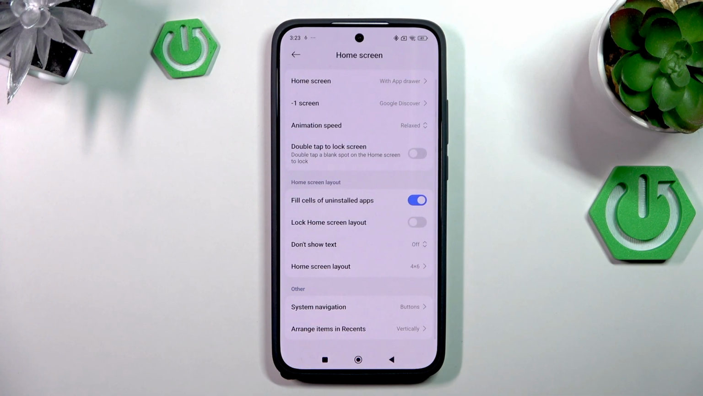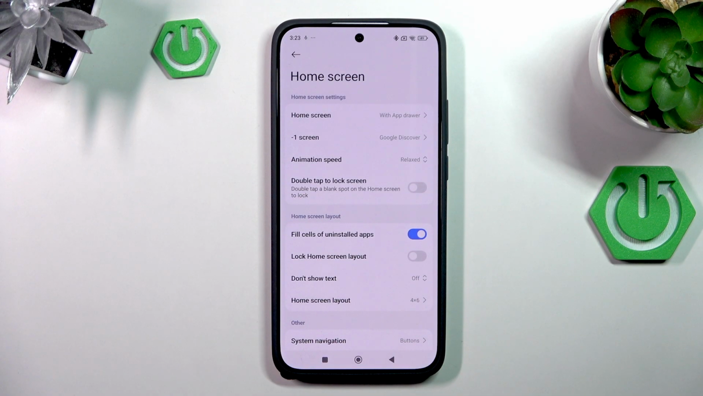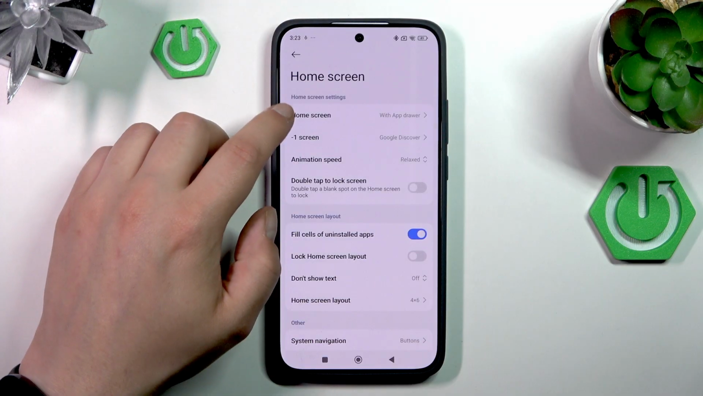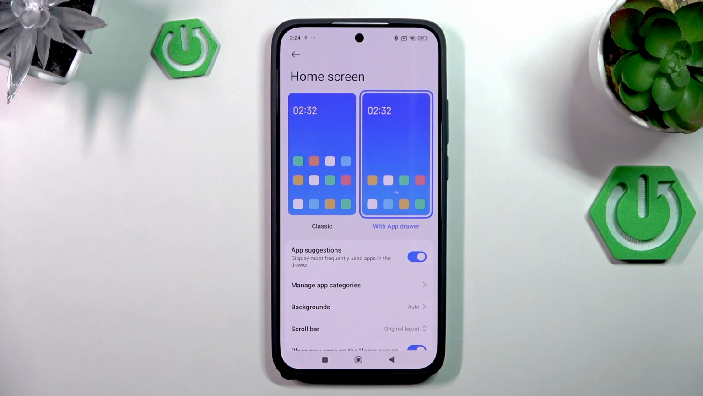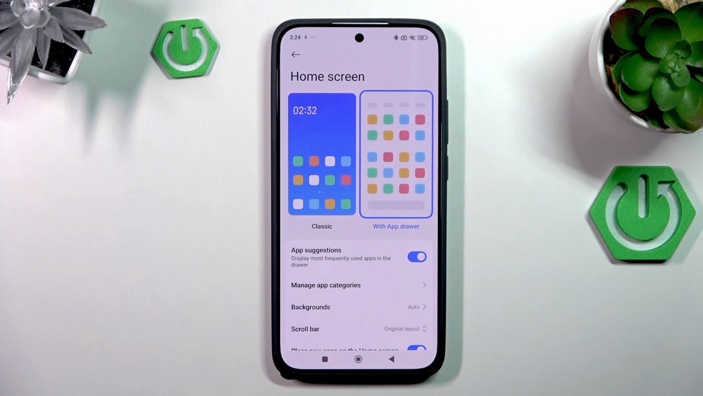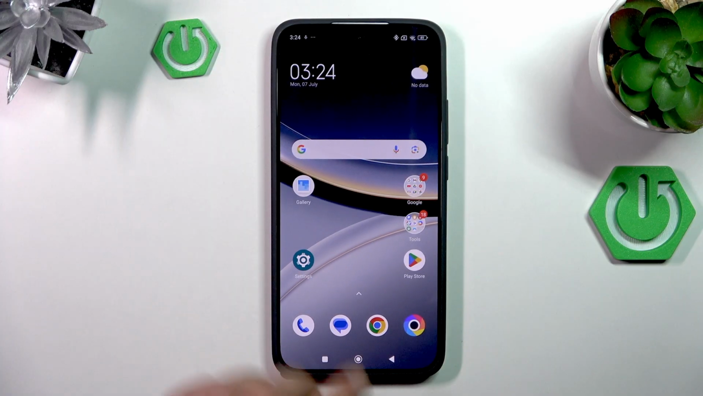So that was the first trick. The second one is in these settings also. So you can tap on the first option here and choose if you want to use an app drawer or if you want to use a classic home screen. So the app drawer, if you